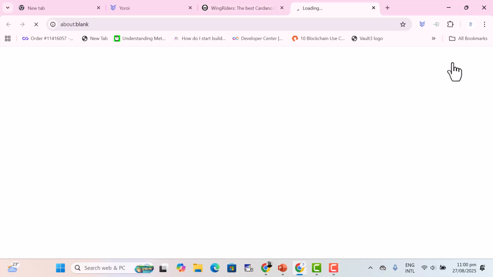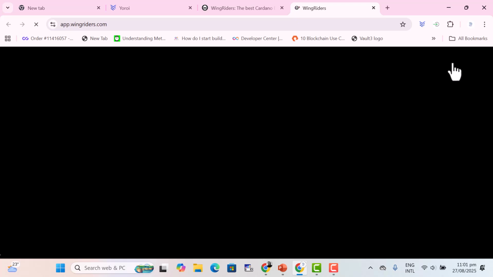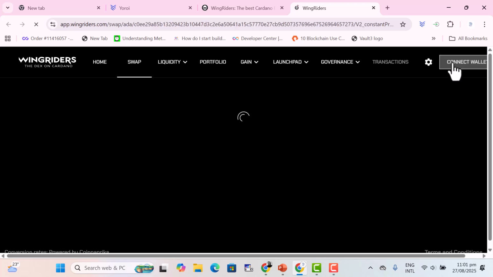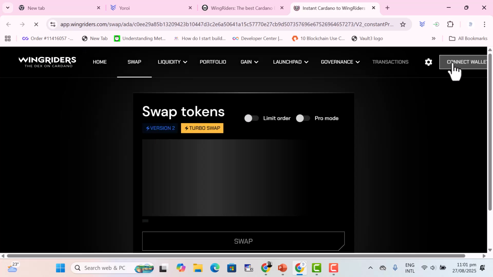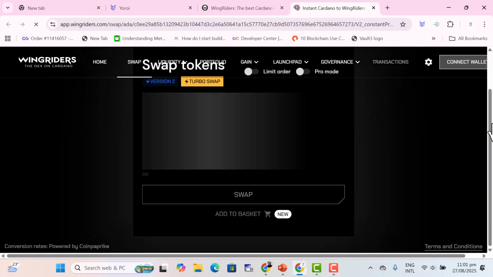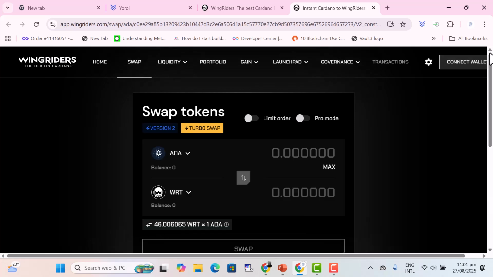So I'm going to click on enter app, and in a matter of seconds, depending on internet speed, you should have the swap interface. So this is the swap interface here. By default you have your ADA,